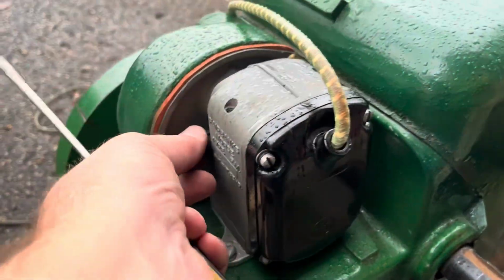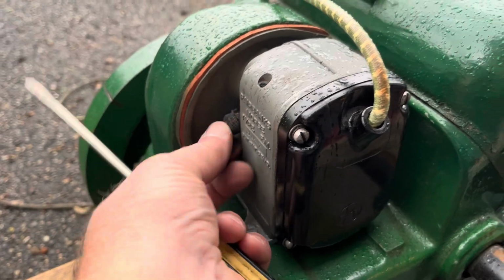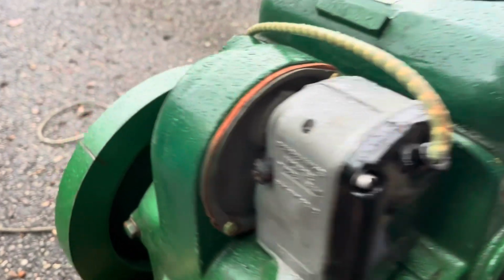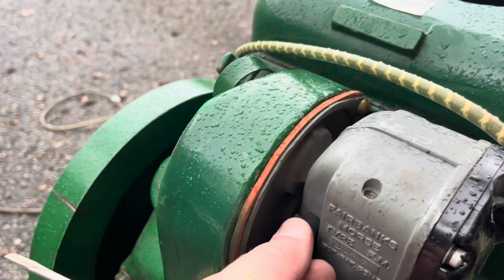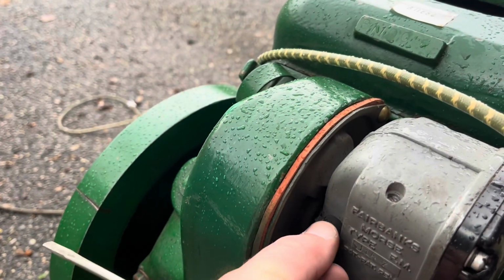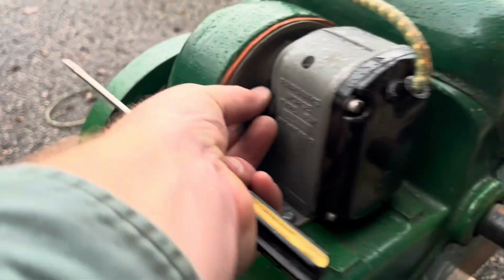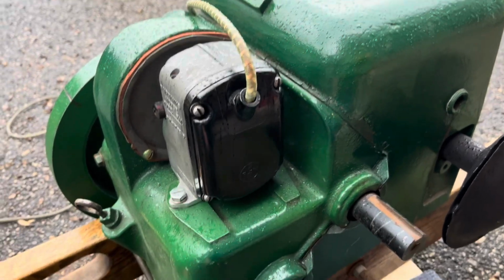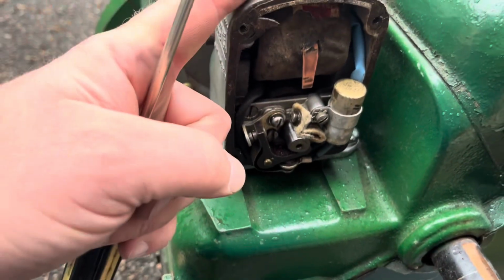Well, we have a Fairbanks Morse mag on here, just like a Gravely, I guess you'd say. But this one has this weird, well, that's just, I guess you push that in to kill it, I would imagine. But let's take off the points cover here and see what we got going on behind it. All right, so we got the points cover off,